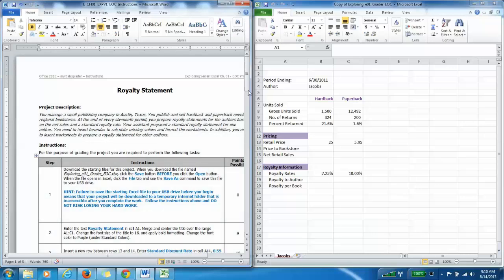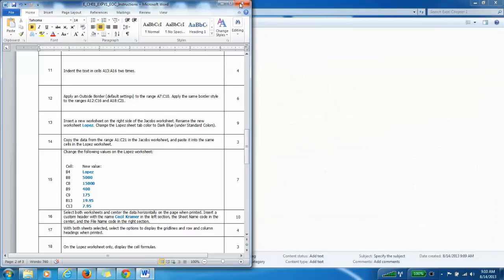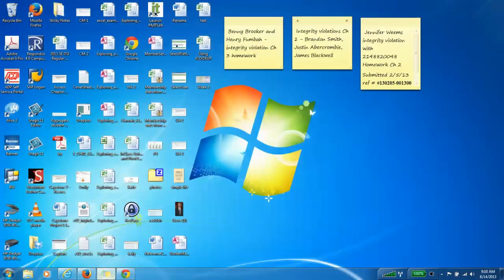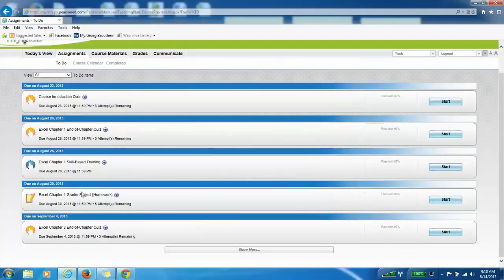Again, follow the instructions to complete your project. When you're done with your project, you will want to save your changes. Didn't make any changes, but we'll save it for now anyway. And then close completely out of these before you go back to My IT Lab to upload your completed file to the grader. Now, if you're working in Internet Explorer, just to show you the difference of how things work,